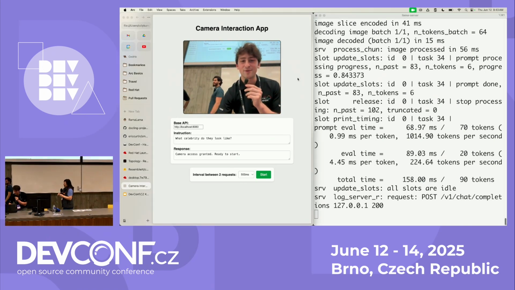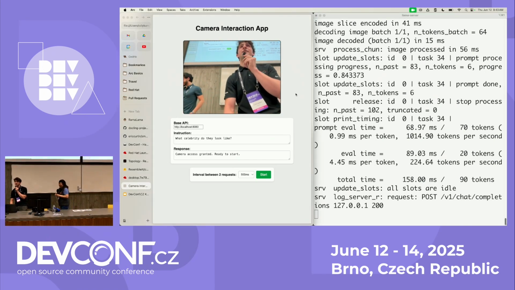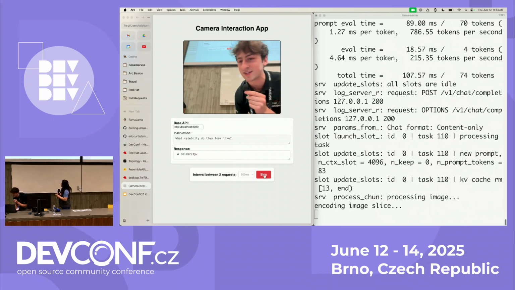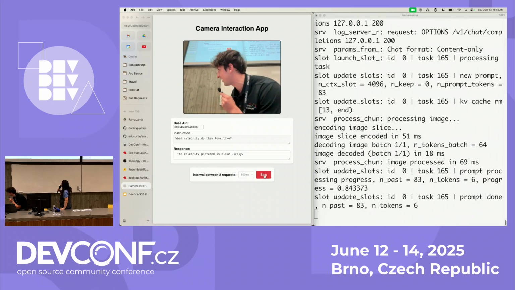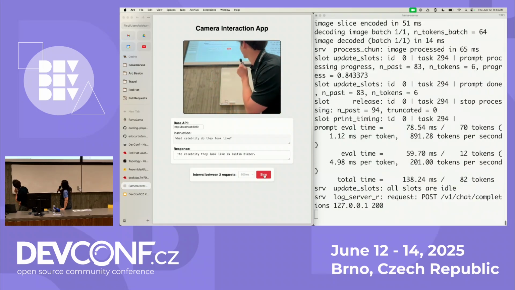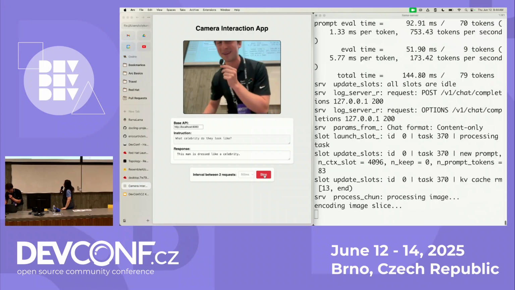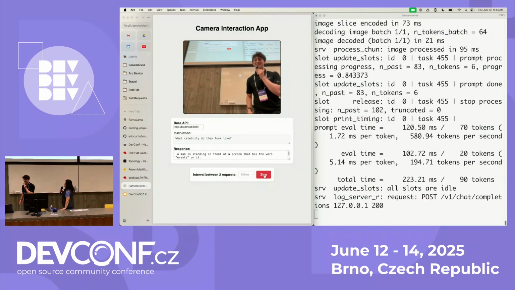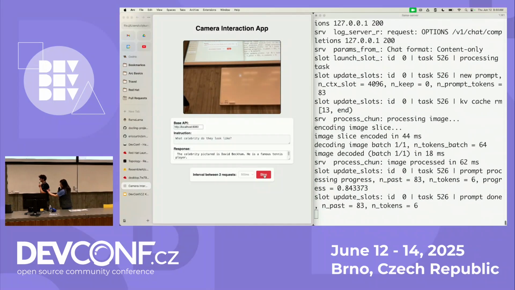So with Ramalama, we're running two models. We're running a vision model, and we're also running a text-based instruct model. And the question we're prompting the model with is, hey, what celebrity do they look like? I see Leonardo DiCaprio. So I'll go first, and then whoever wants to come next, join me. Justin Bieber. All right, Justin Bieber, I'll take that. All right, hop in here with us.